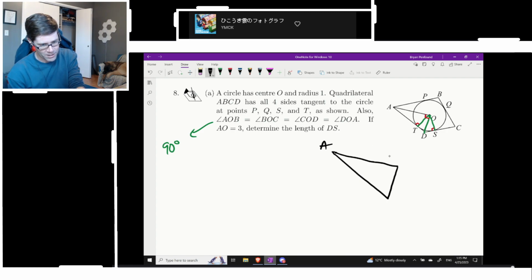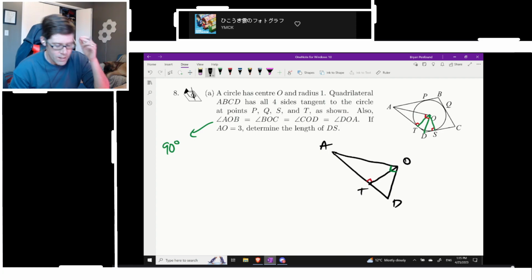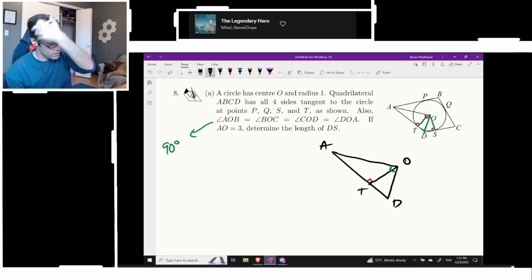Okay, that looks better. AOD. Perfect. Okay, great. And we have T somewhere over here. And we just need to connect this up like this. Okay. Let's throw a 90-degree angle here in red and a 90-degree angle in here in green. So can we make some conclusions? So for triangle AOD,